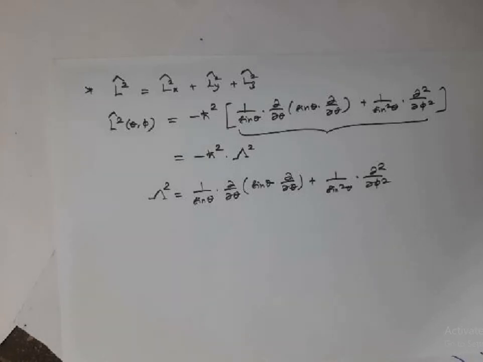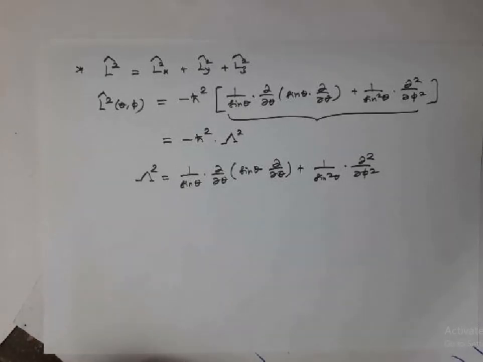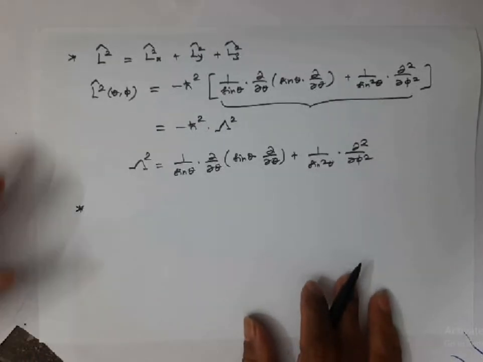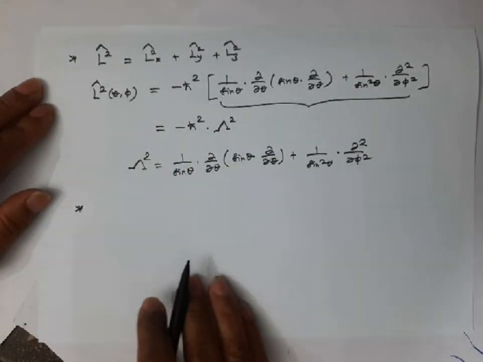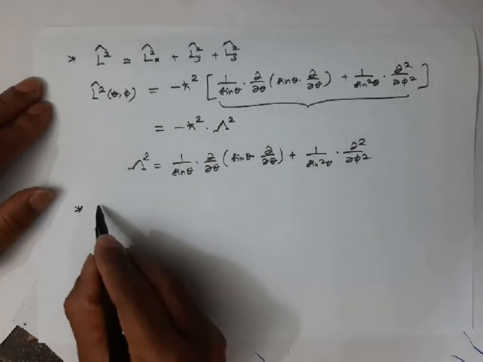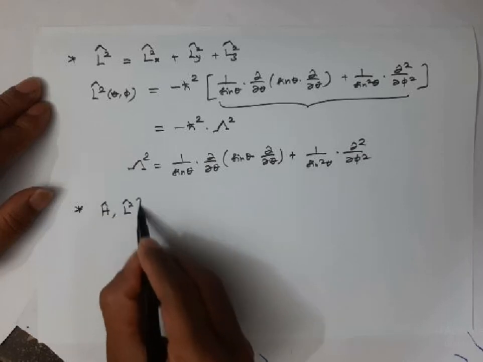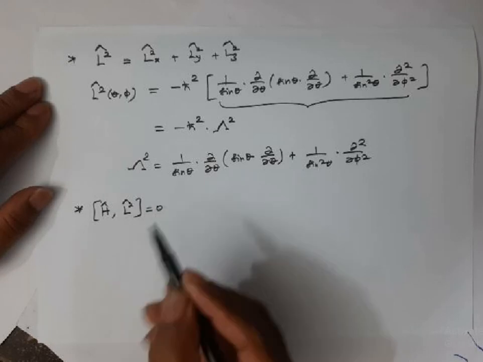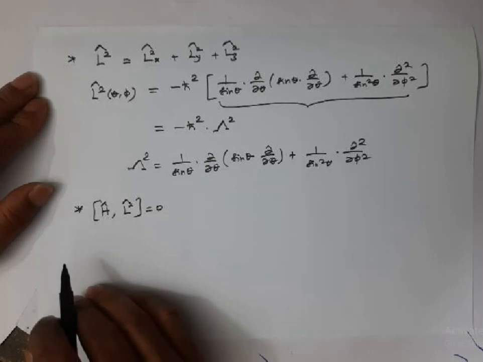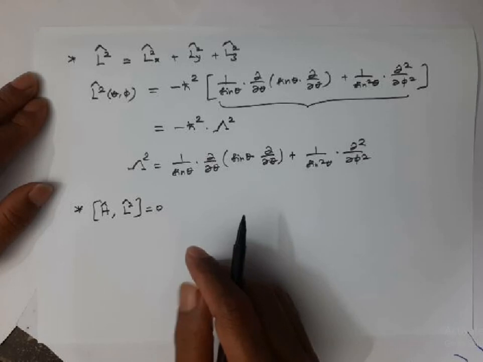We are going to utilize these operators and angular momenta wherever it is required. Then, before winding up here, I'll give the commutation relations between these angular momentum operators. You know very well that the Hamiltonian operator commutes with the square of the total orbital angular momentum operator, in the case of the hydrogen atom. If two operators commute, then they have a common set of eigenfunctions. What is meant by that?